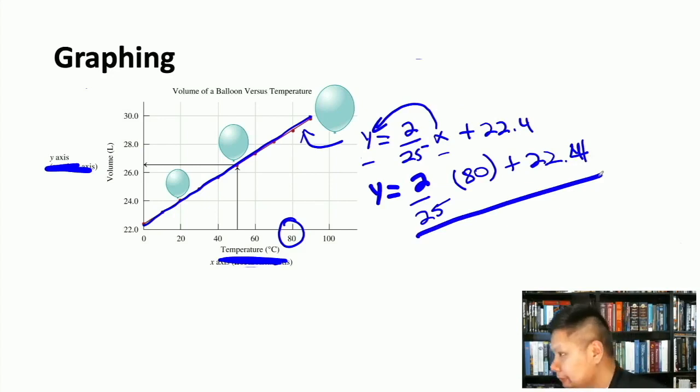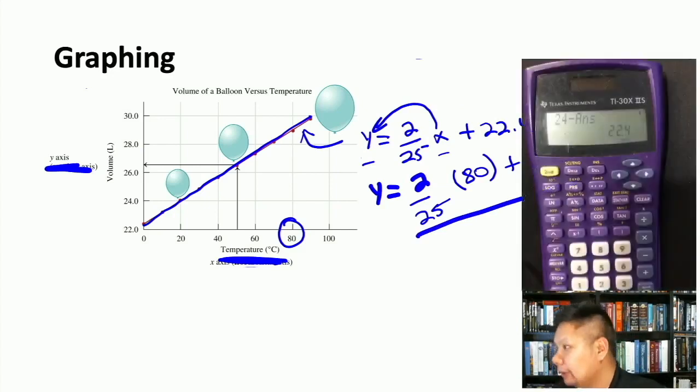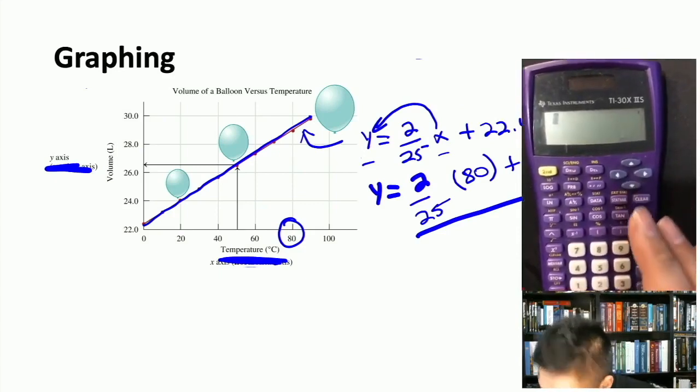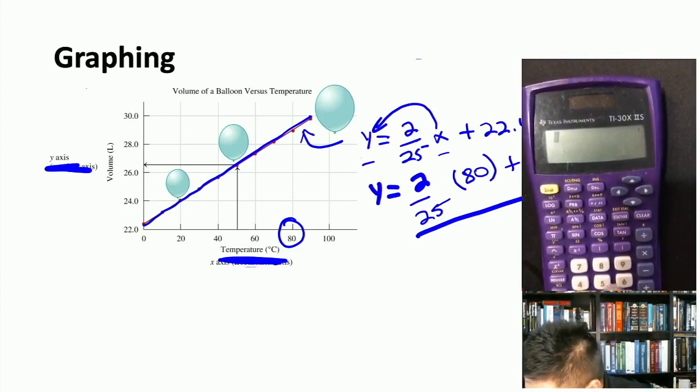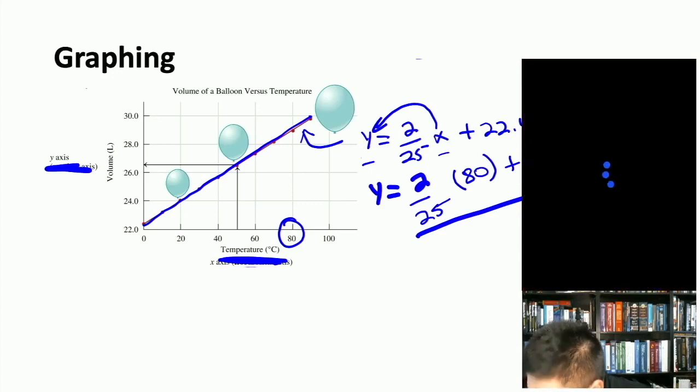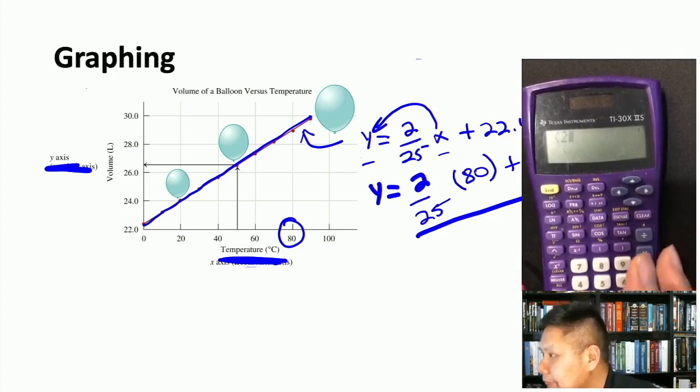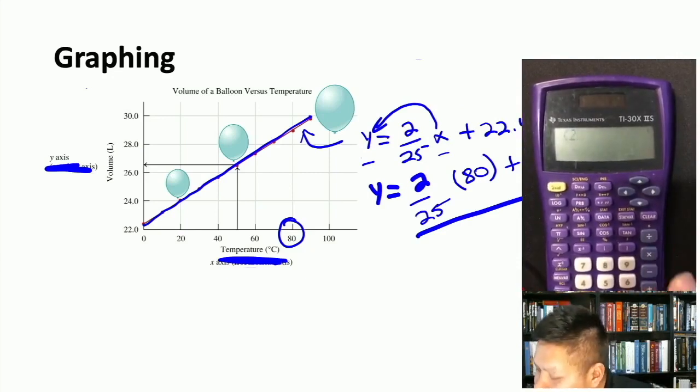All right, so let me put the screen of the calculator on the screen again, and we'll clear it out here, and we'll type in the numbers. So y equals, which we don't have to put in, but remember the fraction, it's 2, I lost connection to my calculator, there it goes. 2 divided by 25, and then times 80. Remember earlier I said you don't have to put the times symbol in there, you can just put the parentheses and it'll make it times 80. Plus